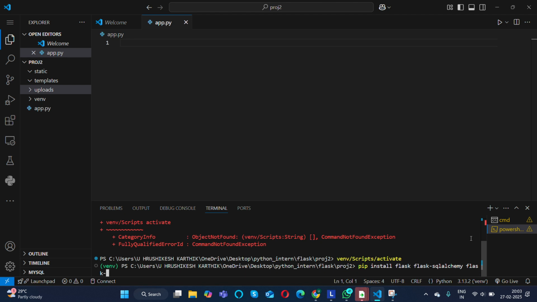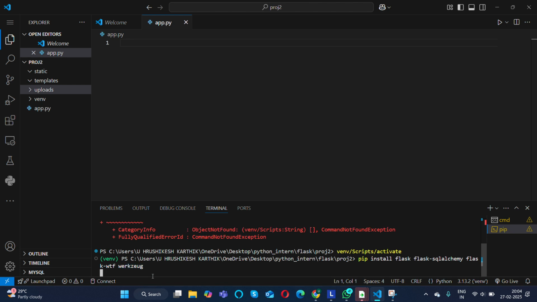We also install Flask-WTF to handle the form submissions. And there is another library with a random name, not so easy to spell, Werkzeug, which handles the potential exception errors. So I'll press enter and it should install everything line by line.